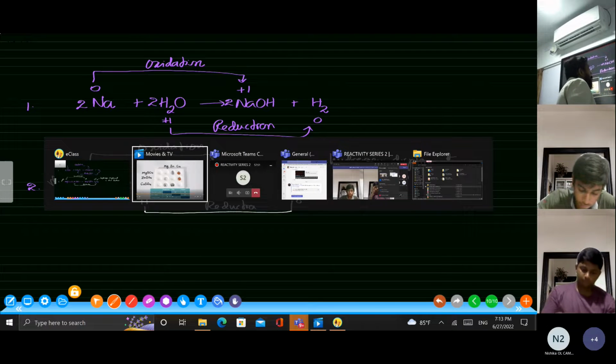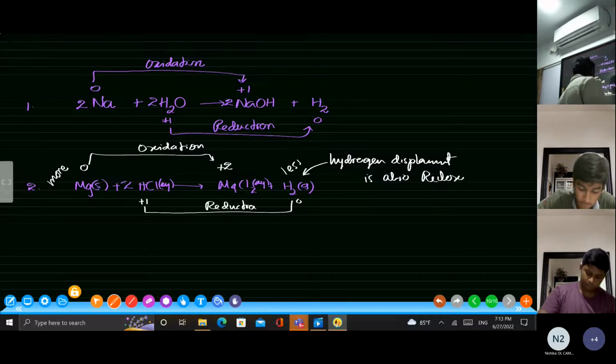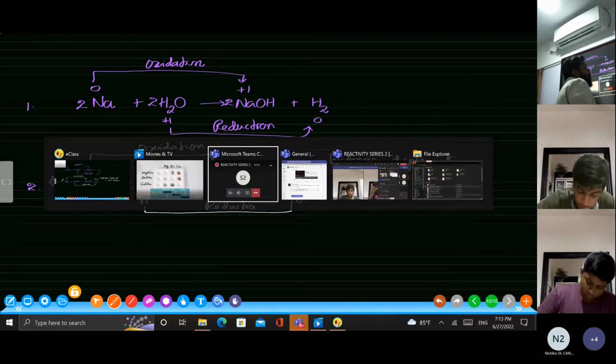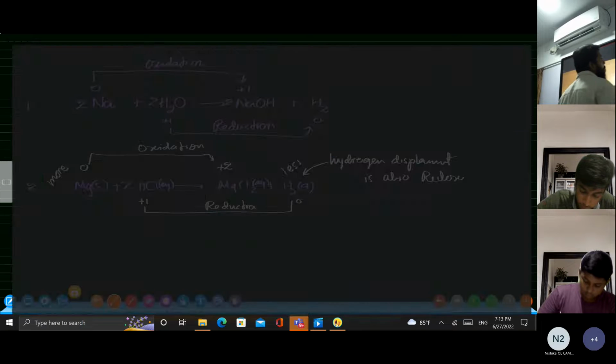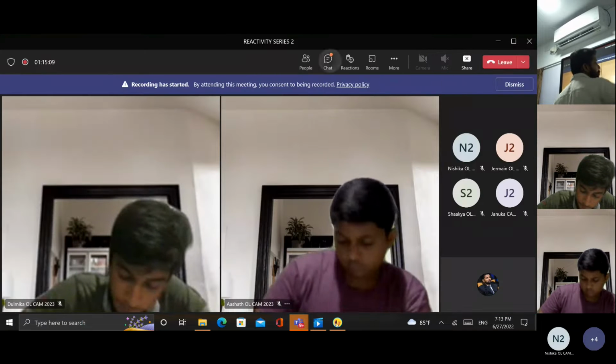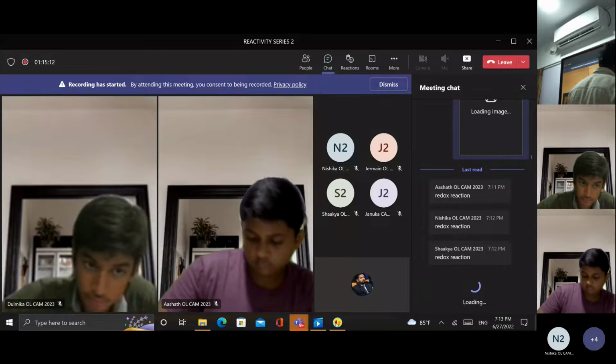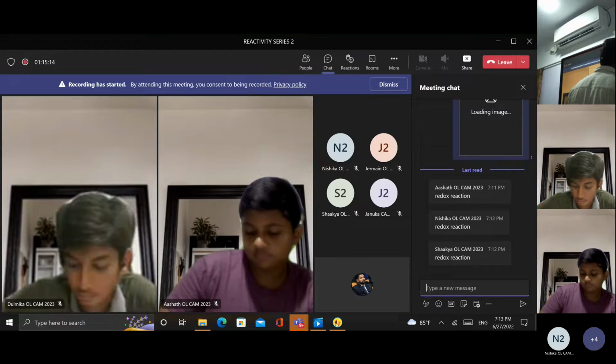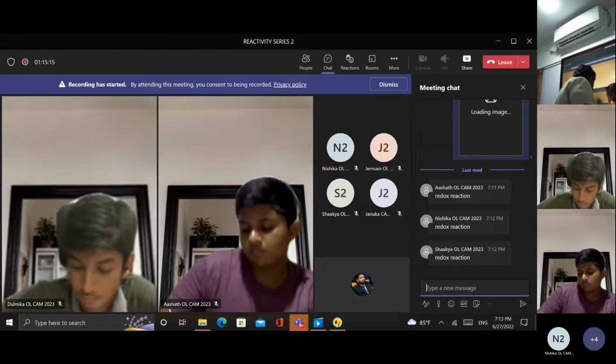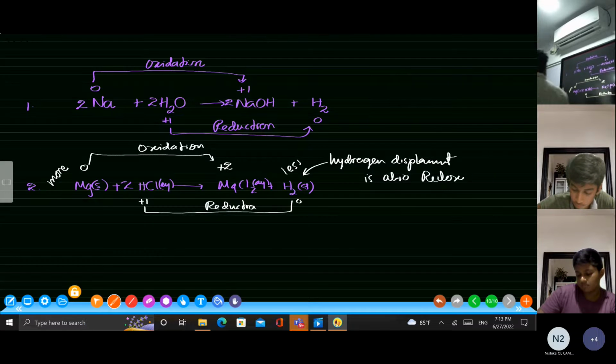So you can write a small heading saying displacement reactions are redox reactions. Right? Displacement reactions are redox reactions. Let me share a screenshot of this. Displacement reactions are redox reactions. I'll be showing you